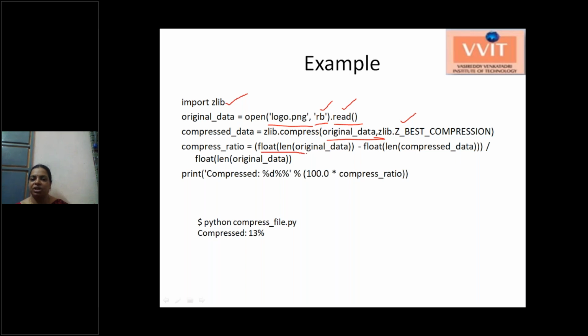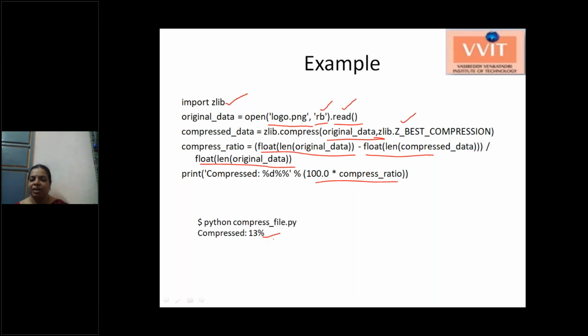Float of length of original data minus length of compressed data, divided by the length of the original data. So now we get the compression ratio, which is converted to a percentage and shown as the output.